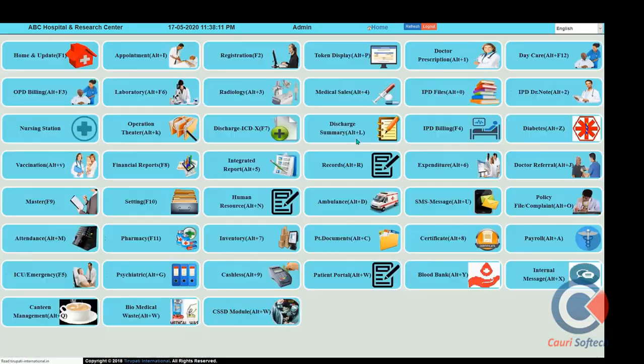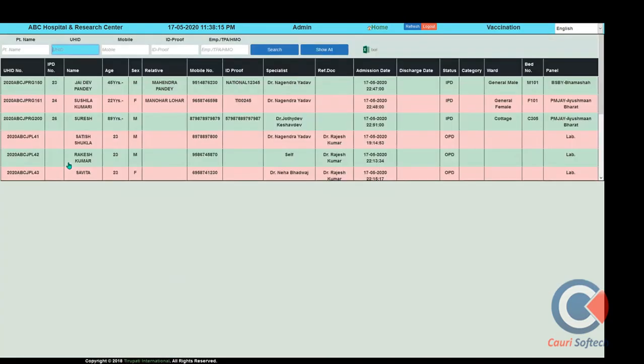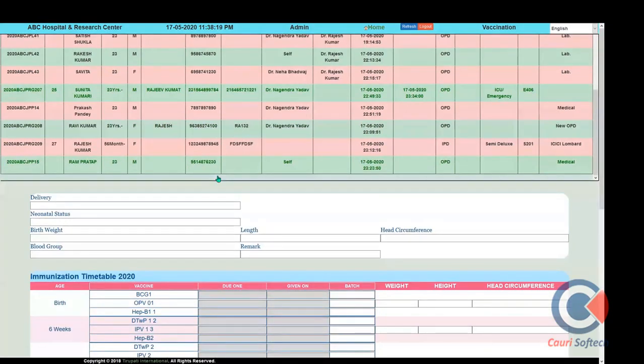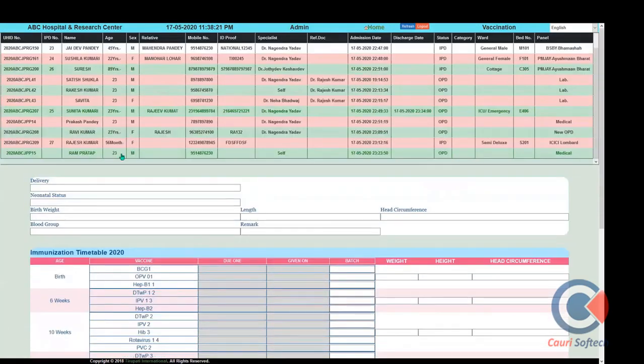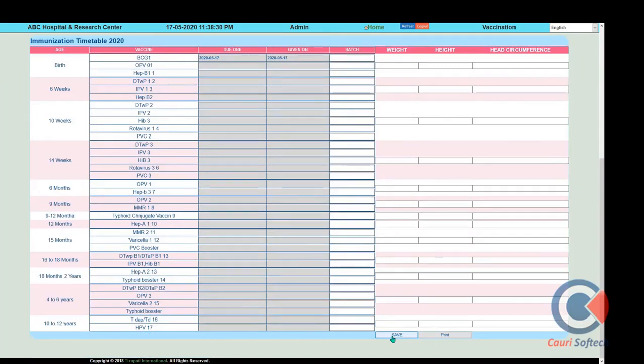After that we go to the next module, that is vaccination. This is a pediatric vaccine reminder for the child or baby. Here we can select any patient, and the vaccination reminder system is there. You can put in the delivery status, reminder information, the due date reminder, and the given date. It will generate a chart,